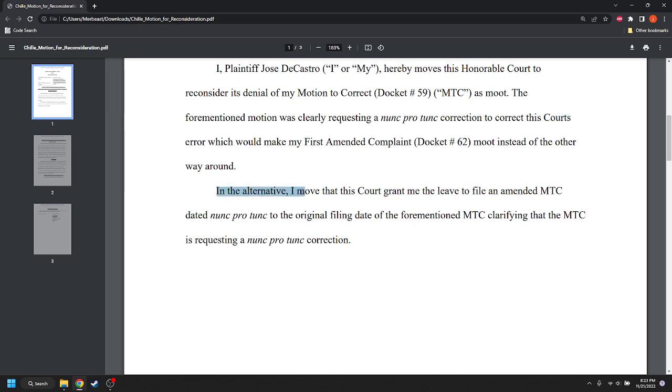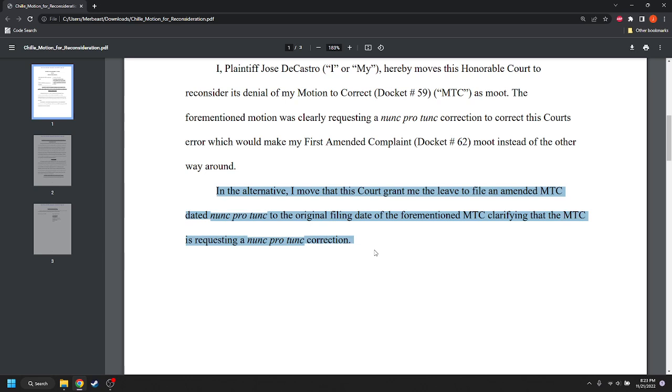In the alternative, I move that this court grant me the leave to file an amended motion to correct, dated nunc pro tunc, to the original filing date of the aforementioned motion to correct, clarifying that the motion to correct is requesting a nunc pro tunc correction. This